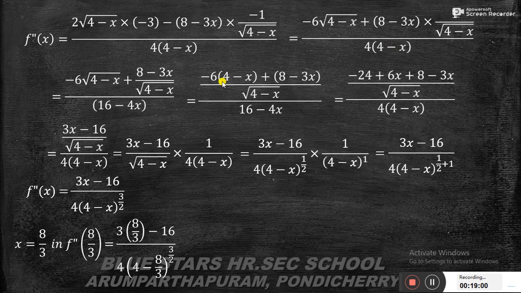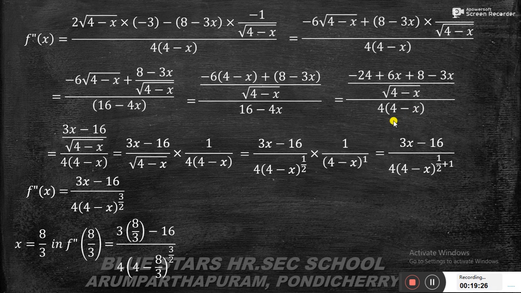So in the next step you write it, that means you're just doing the cross multiplication. Minus 6 into square root of 4 minus x, square root of 4 minus x is 4 minus x, plus 8 minus 3x by square root of 4 minus x, by 16 minus 4x. So in the next step you just multiply the minus 6 into the factor. So minus 6 into 4 is minus 24, minus into minus plus 6x, plus 8 minus 3x by square root